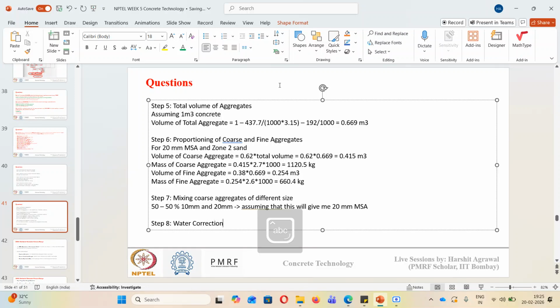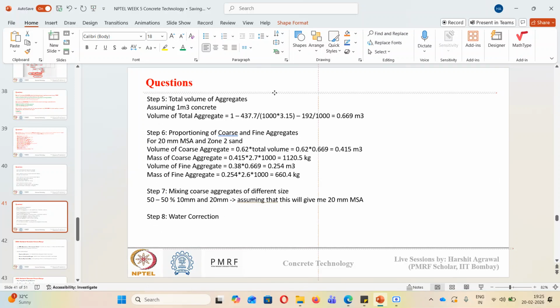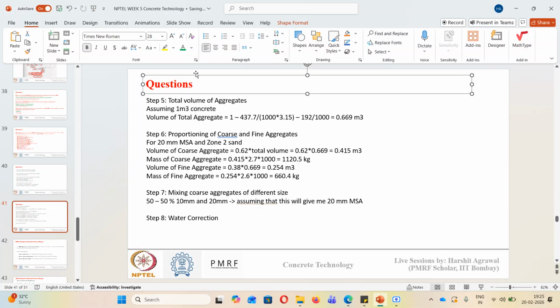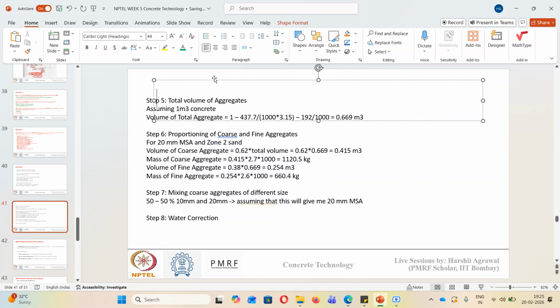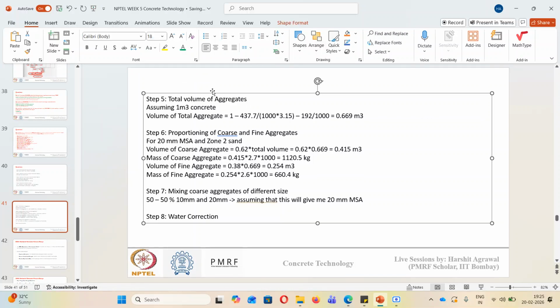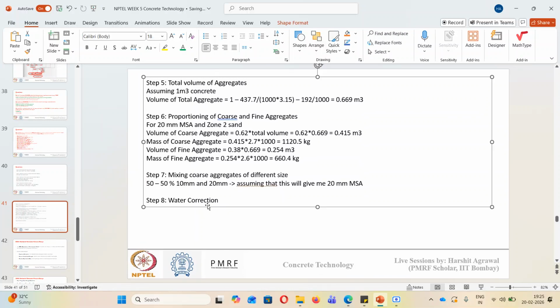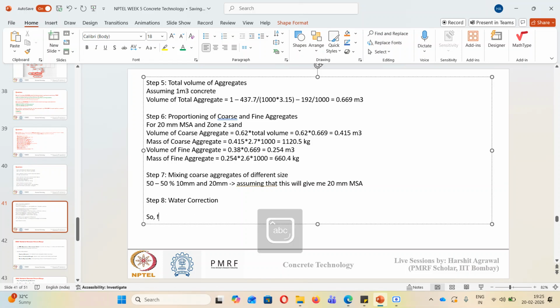Okay, now in the question we have been given that the aggregate are in dry state. Since aggregate are in dry state, we just need to convert SSD aggregate into dry aggregate, and we need to add water correction for that. Okay, so first,